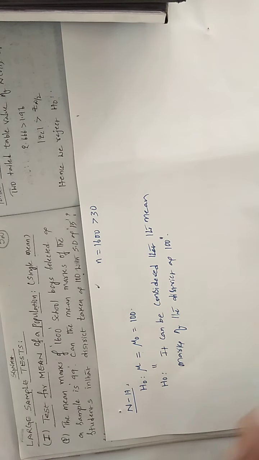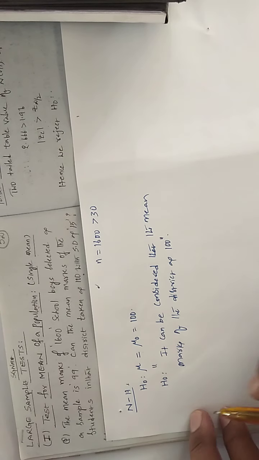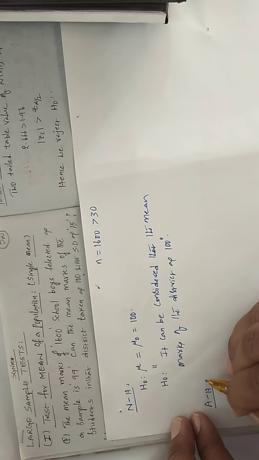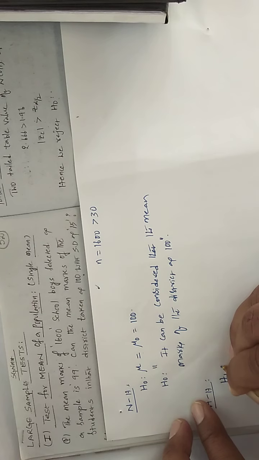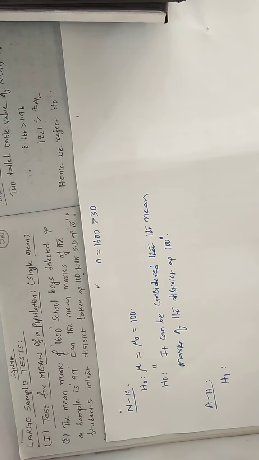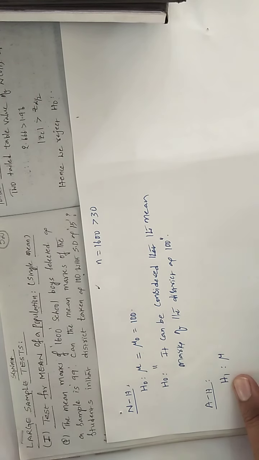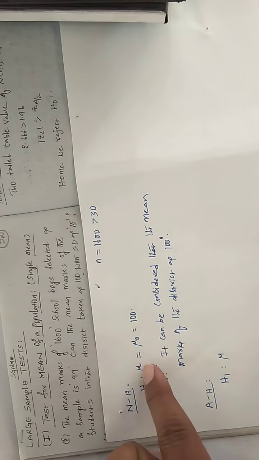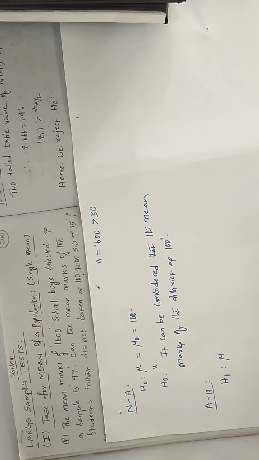So the null hypothesis is over. The immediate next requirement is the alternative hypothesis. What is the notation? H1, or else HA also you can write. H1: mu. Be careful. The null hypothesis is very easy because there is no confusion; 100% you are going to use equal to only. But for the alternative hypothesis, you need to watch whether you write not equal to, or less than, or greater than.